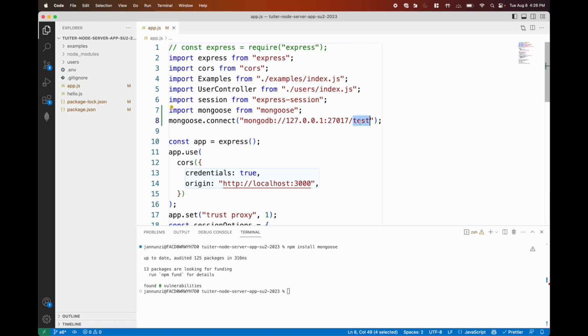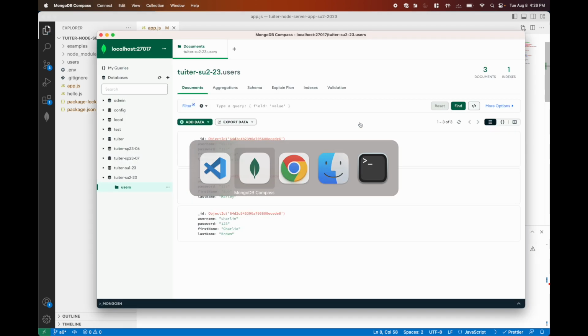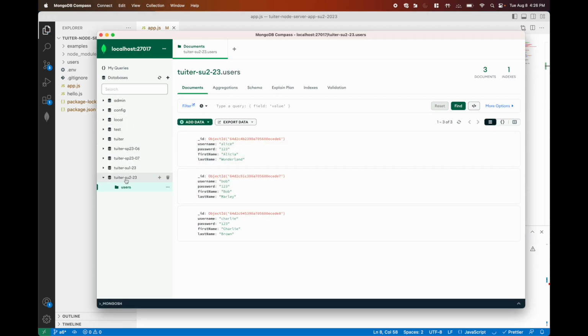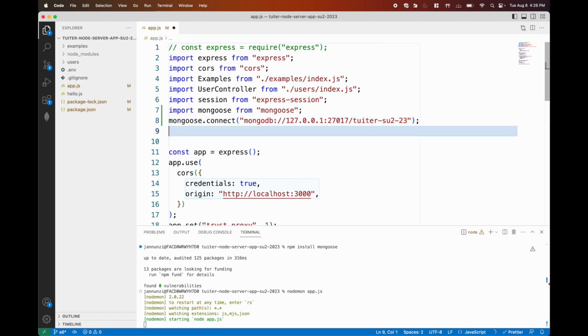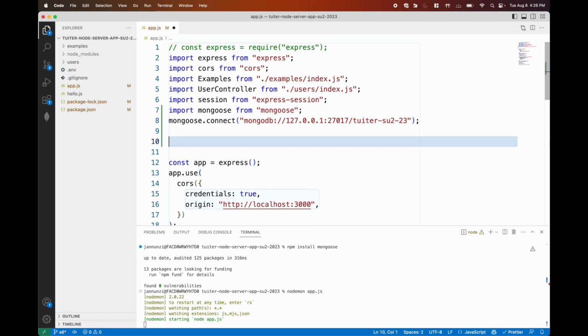So we'll say Twitter SU23. I think that's the name. Let's see. Twitter SU23. Yep. Once it's connected, we can start it and see what we get. So we get nodemon app.js. So presumably we are connected to the database,